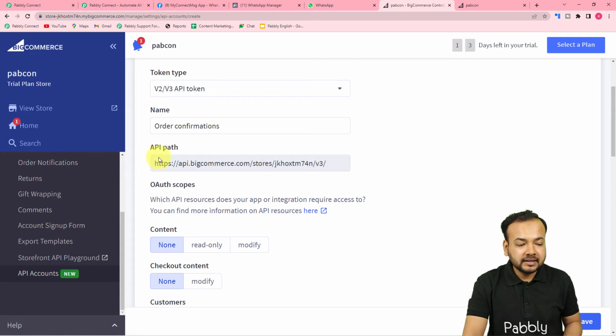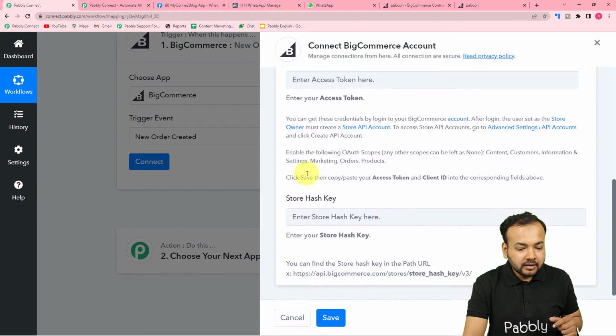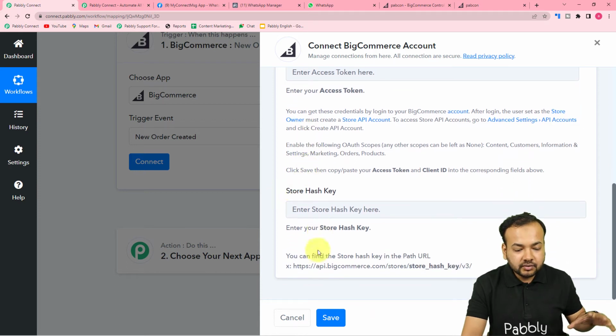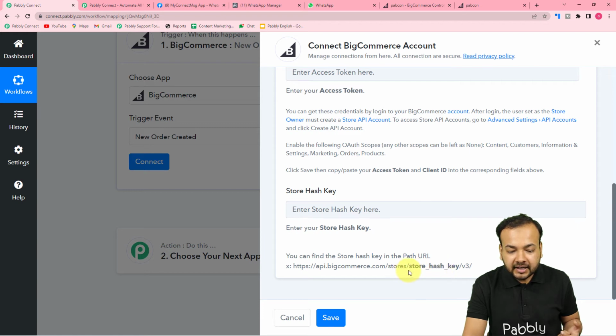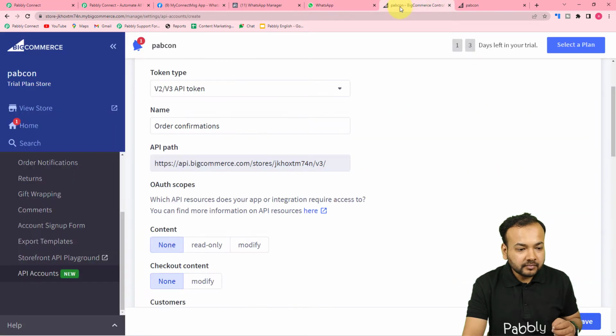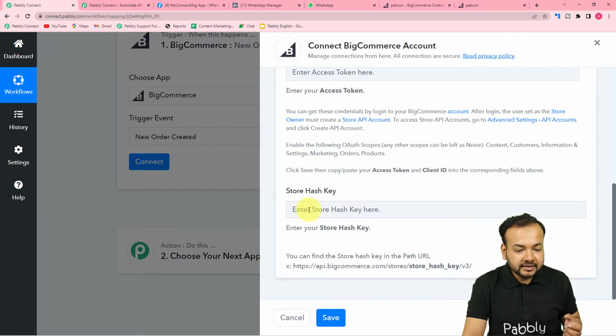and you can see in the instructions here, in the store hash key instructions, you will find the store hash key in the path URL. Okay, this is the path, API path, and in this path the store hash key will be available here. Okay, so let me show you. This is the API path, and you can see this is the store hash key that we needed. So you just copy this key from here like this and paste it here in the store hash key